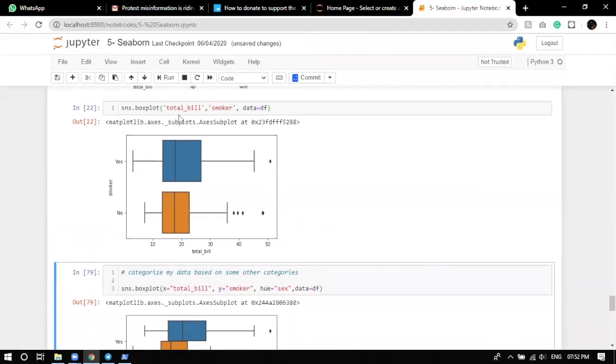You can see the box plot of total bill versus smoker. So if smoker is yes, the box plot is given. If smoker is no, the box plot is given.